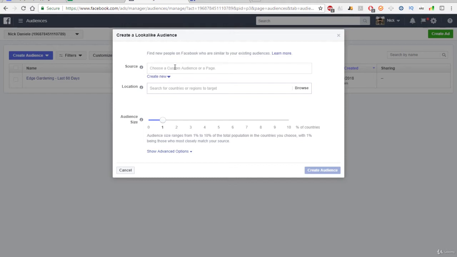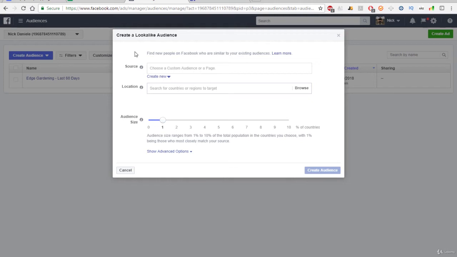And Facebook has so much data on so many people, on pretty much everyone who is using Facebook, right? So if this person who lives in, I don't know, California likes dogs, and you have 100 of these people who purchased a product on your store, what you can do is come over to Facebook and create a lookalike audience of people who are very identical to these users who actually have purchased your product, right? And you could do this for people who have visited your website, for people who have engaged with your post,